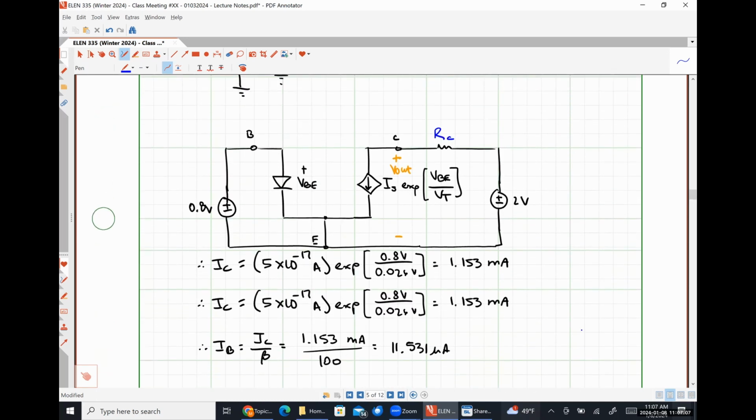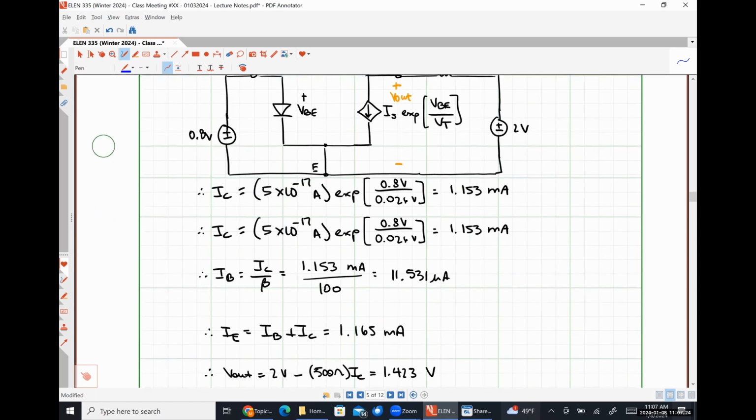VCE is the same thing as our output voltage because it's measured from the collector terminal to the emitter terminal. So how might we write an expression for VCE in terms of VBE, right? We've already kind of done it